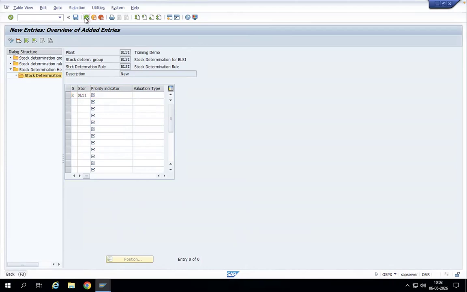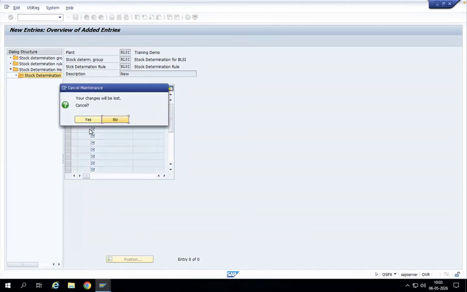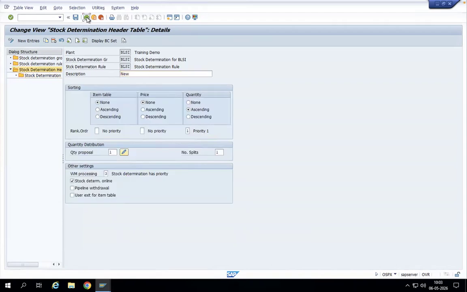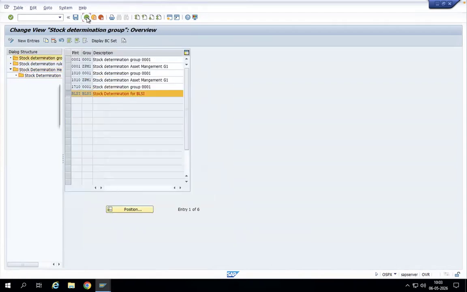Anyways, I don't have the consignment stock for the material which I'm going to demonstrate, so I'm not going to pick consignment. What I'm trying to say here is that if you want consignment stock to be picked up during stock determination, you can add one more line here with the special stock indicator for consignment. So these are the configurations that are required for stock determination, and we need to assign this in our,